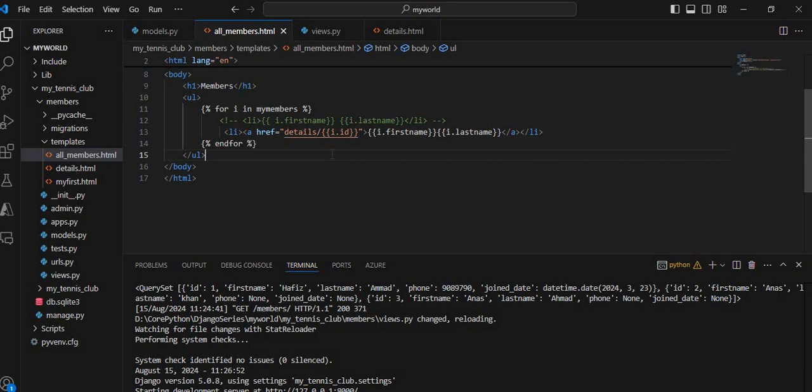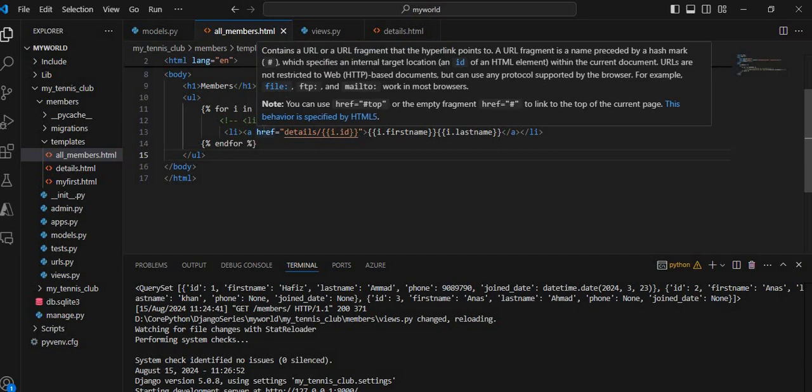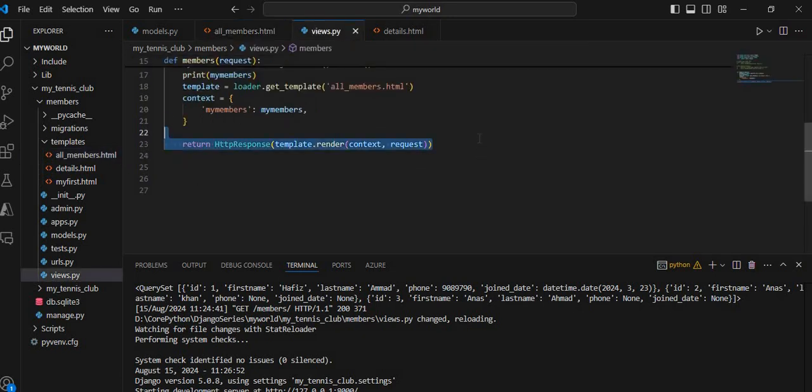So after changing all this, here this link should be clickable. As you see, I am using the anchor tag here, and this clickable link takes you to the details page with the ID of the member. Then I am going to create a new view in the views.py file that will deal with the incoming request to the details URL. So for that, let me comment this first,